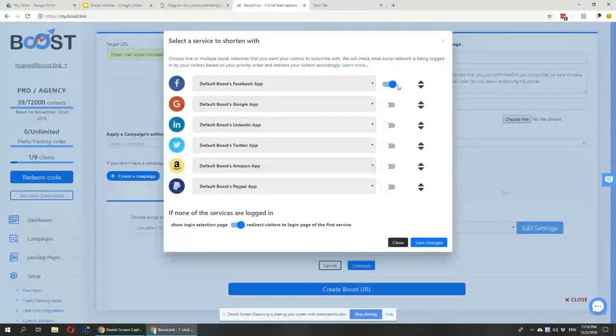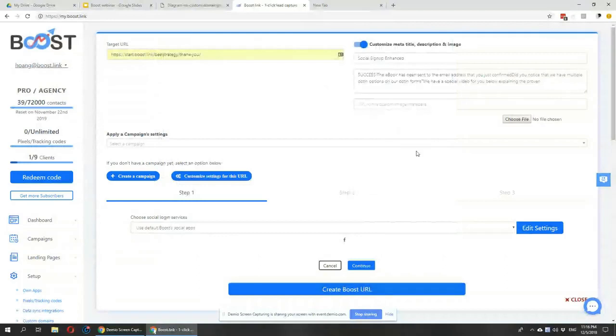Okay, so you can select one social network at a time. So if you select this and you turn all this off, it means that when people go to your URL, they will be going straight to the Facebook confirmation page. All right, so